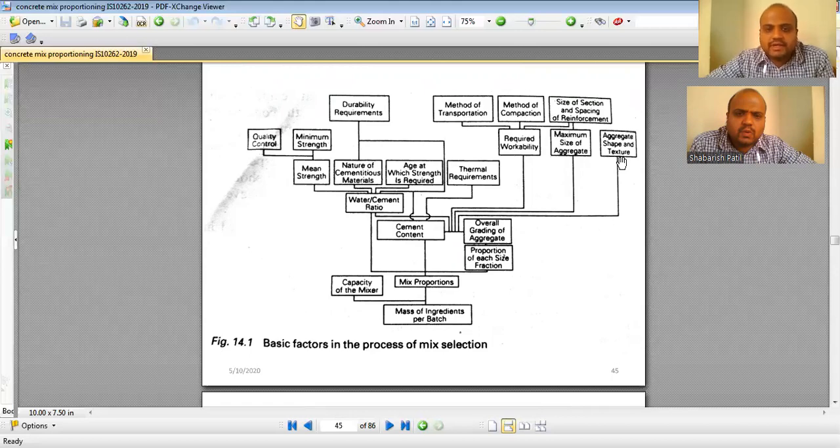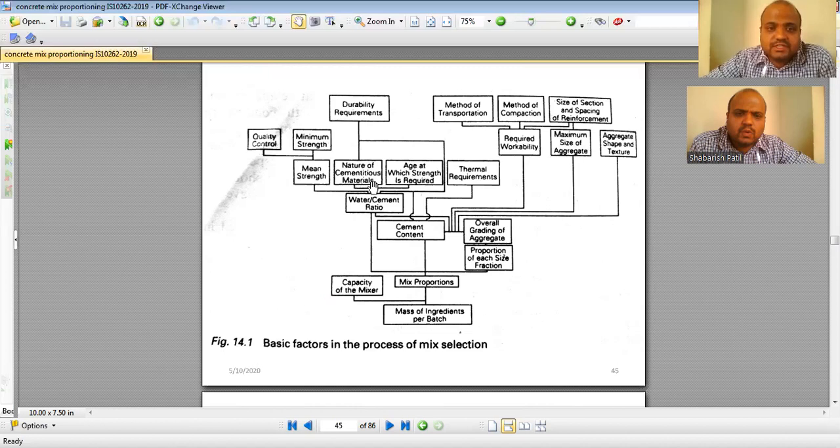If they are not so rounded, they are less workable. Then to make it workable, I may have to increase the water, or I may have to add an admixture. So admixture is a part of mix proportion. So here it is again affecting your mix proportion, workability, your thermal requirements. I'm not talking of this, you may study it later. And the period at which I require the minimum strength will also affect. If I require the strength to be attained at 3 days only, then I may have to change my cement from OPC to something like high alumina cement, which will give me strength at 3 days or 7 days. So that will also affect my mix proportion.